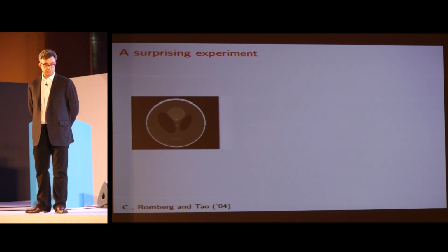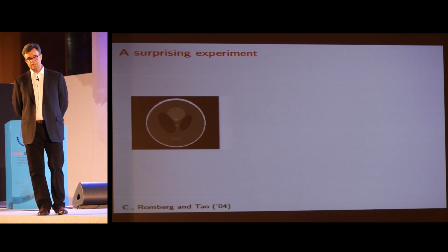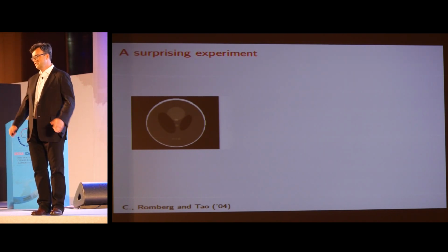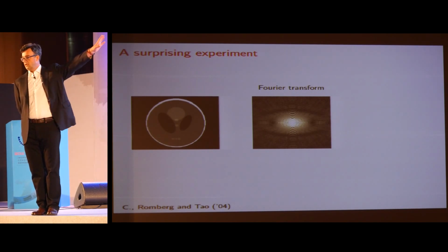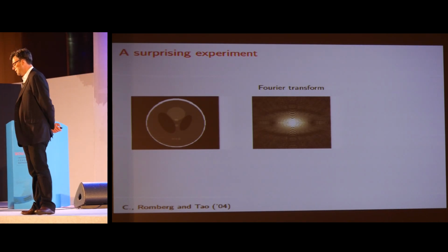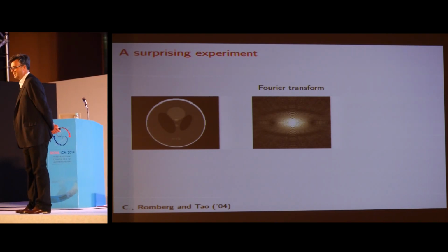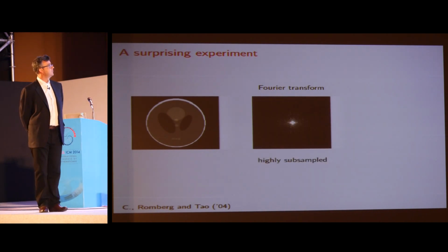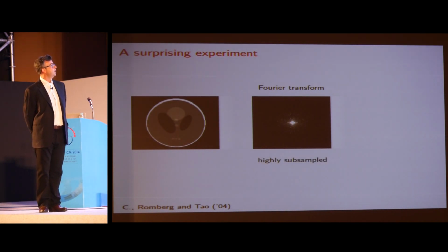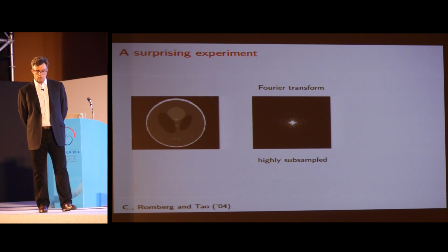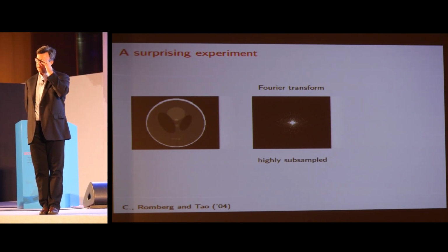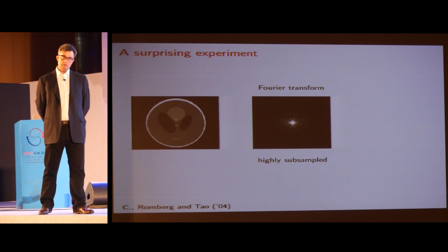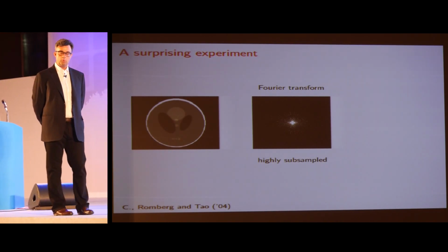So these people were interested in speeding up MR, and speeding up MR means, well, since it takes an incompressible amount of time to actually get a complete scan, to get the whole Fourier transform, speeding up means essentially measuring less, subsampling. And so this radiologist gave us a data set that looks something like this, where the Fourier transform was only sampled along radial lines going through the origin, so that in all, 98% of the Fourier samples were actually missing.